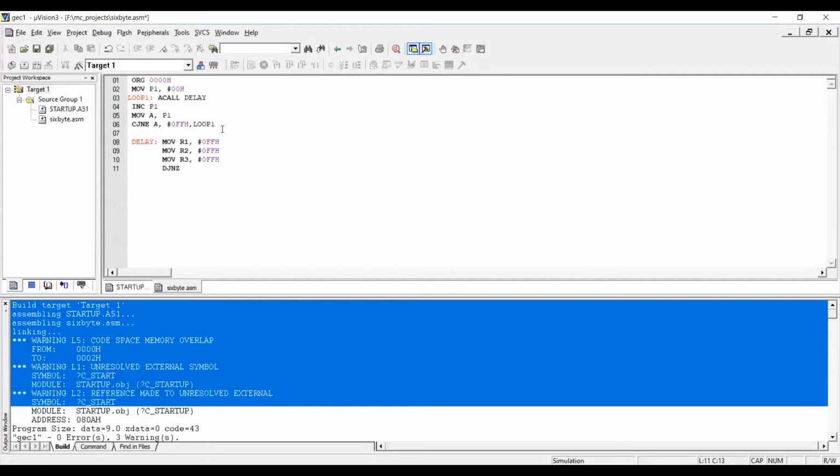If it is not 0, R3, comma, I will say again 1. And where it has to jump? Again here. Okay. 1.